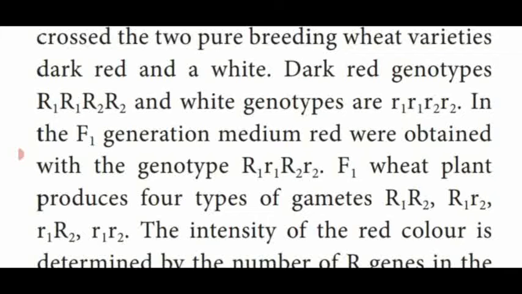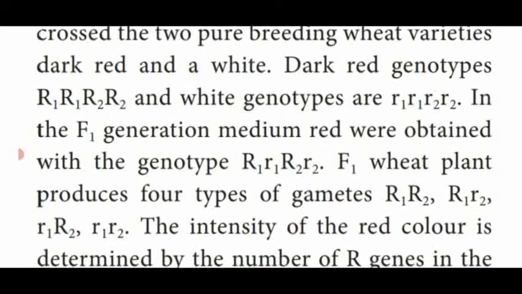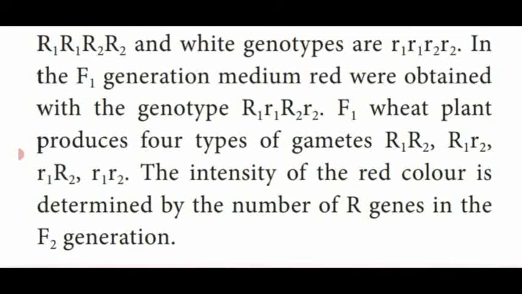So in the F1 generation, capital R1, small r1, capital R2, small r2. The dominant character is only expressed in the F1 generation, so all the wheat kernels are dark red in color. The genotype is capital R1, small r1, capital R2, small r2. Then the F1 red color wheat kernel